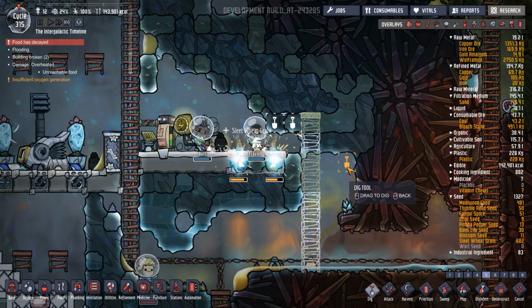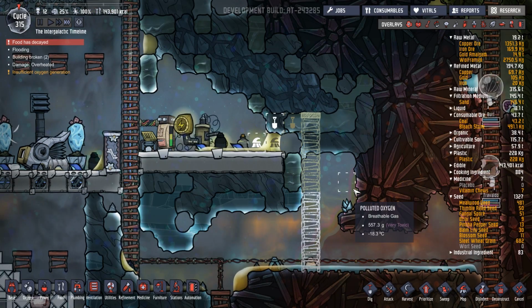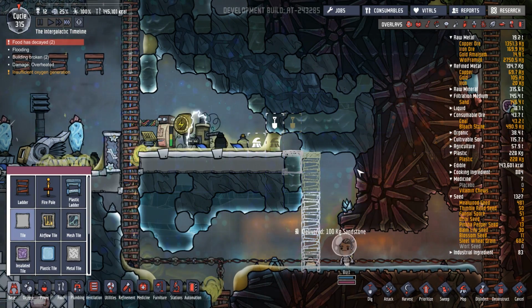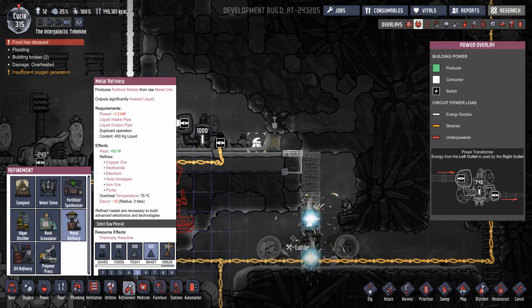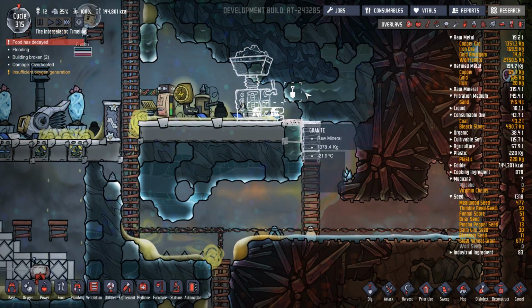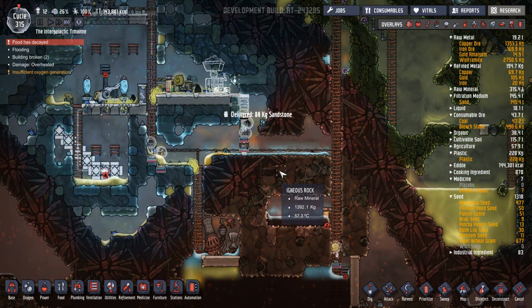There. There we go. In fact, we can cancel those two. They will just walk along. Like that. That's been uprooted. Metal refinery. So if we put that there, it's going to open that up a bit. And then we're going to have things. If we have a door there...